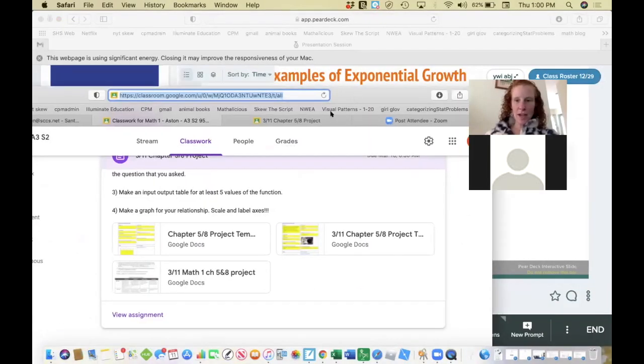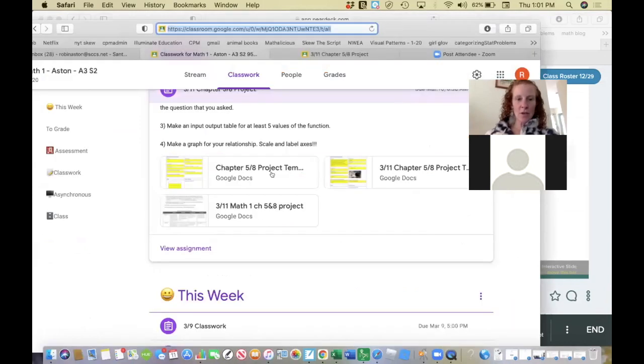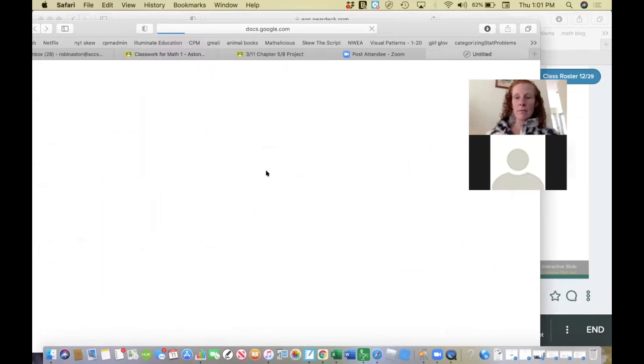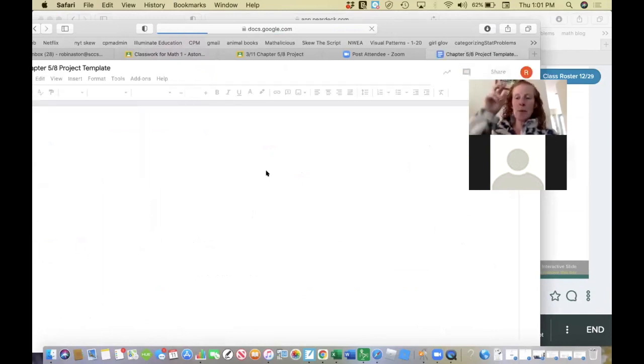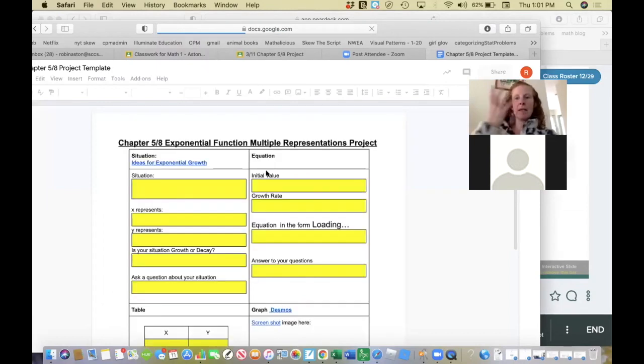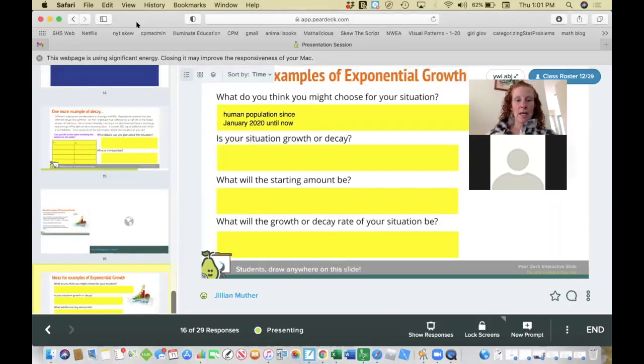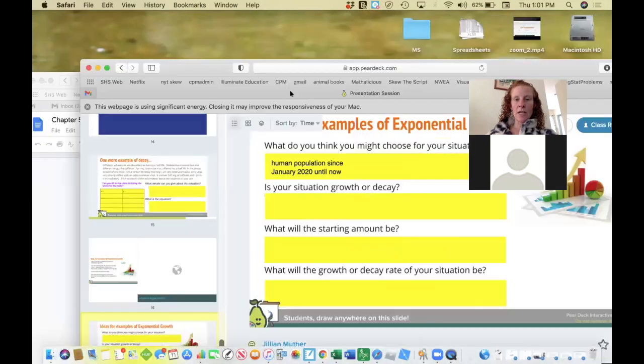So for the project, I'm sharing my screen. You are supposed to pick a situation that's exponential. Growth of a bunny population, a bouncing ball that's getting lower and lower. Could be money, you're getting more and more of money, sort of anything that's exponential. And then you're going to pick